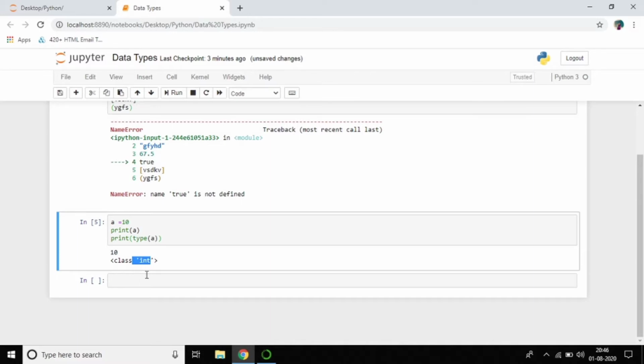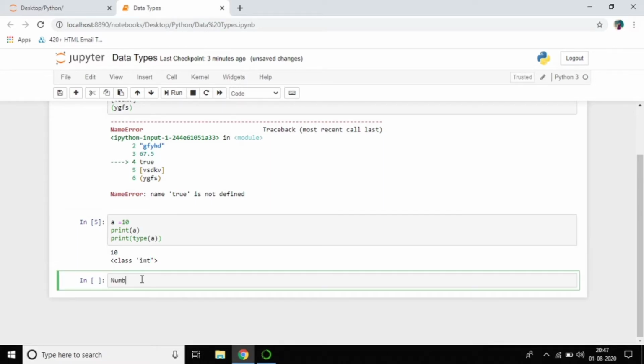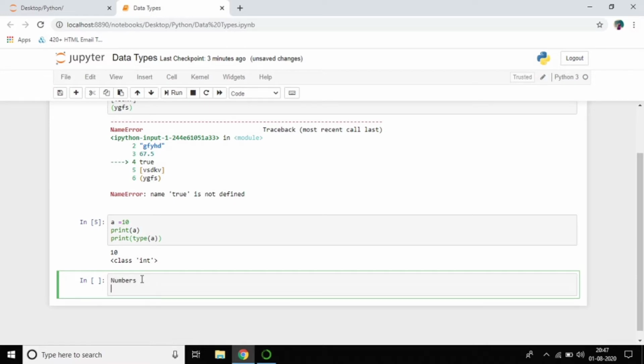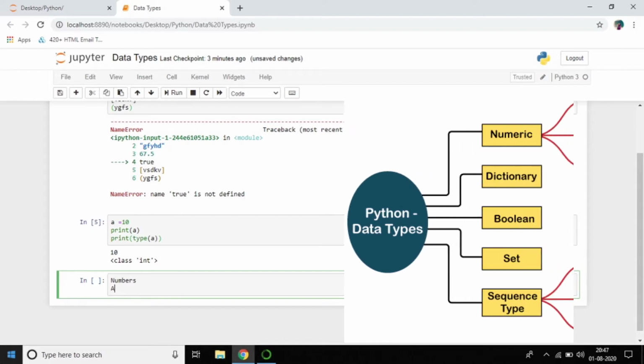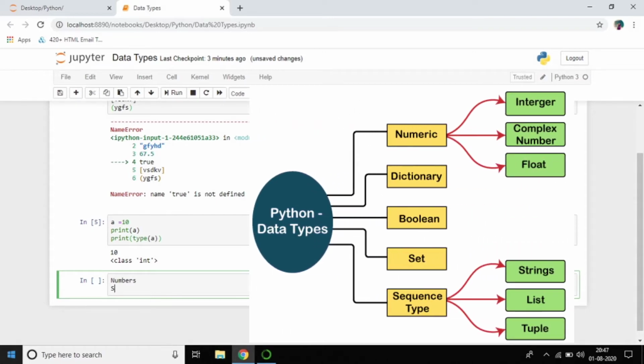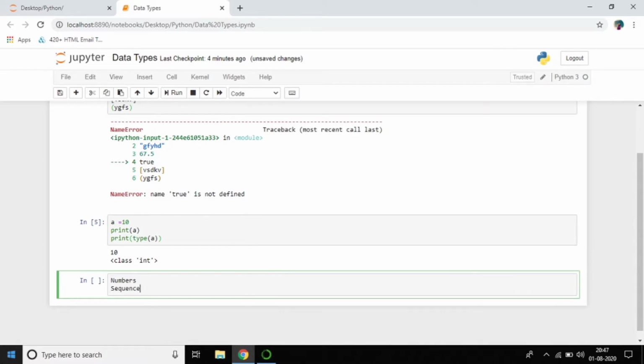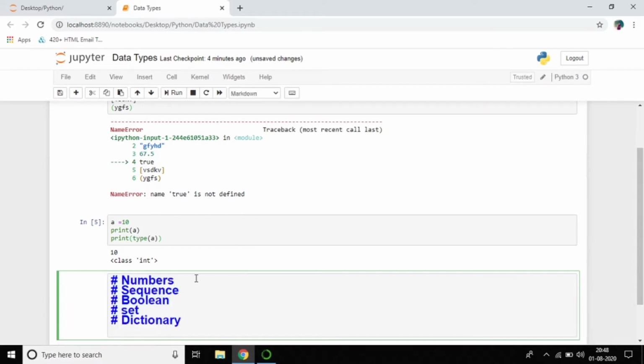Now I want to know how many data types there are in Python. Numbers, and we have sequence. Everything will be written in markdown, no need to worry about this. In numbers, what is the difference?